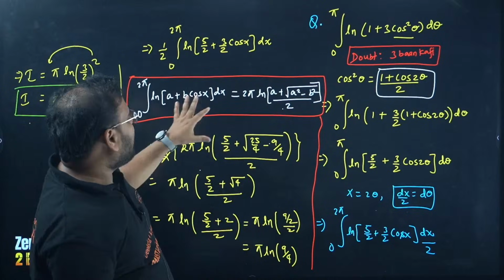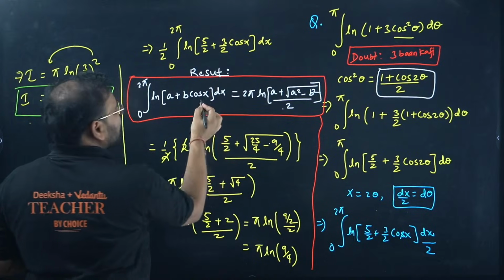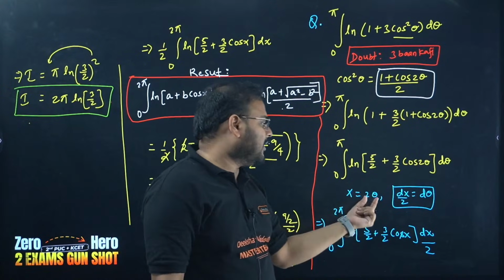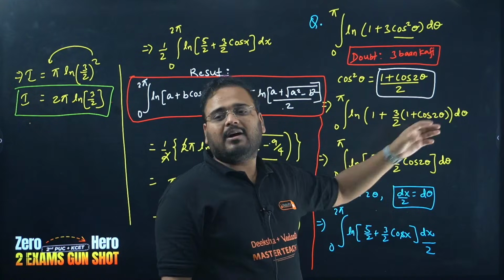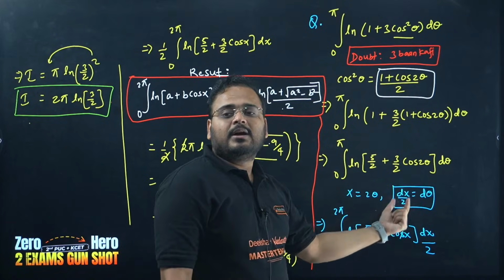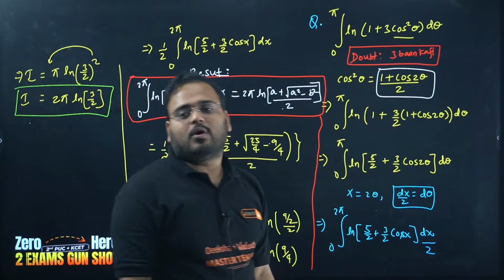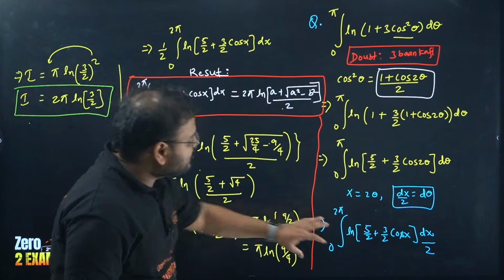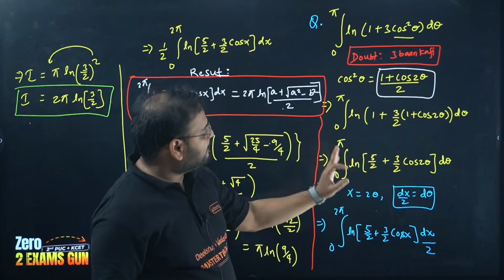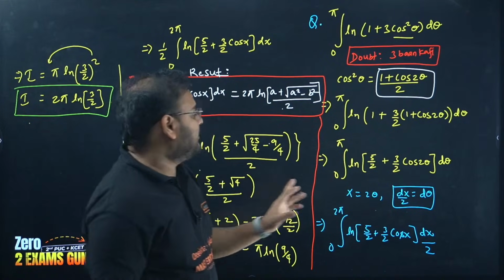Now, the expression that we have, this is your standard result that we use. That is there for x. We have 2 theta here. So I wrote this 2 theta in terms of x, taking x as 2 theta. Basically we have twice the component over here. I want it only in terms of a single variable. So I have taken x as 2 theta, and the derivative is dx by 2 equals d theta. Differentiate it: dx equals 2 d theta, I move this 2 to this side, so dx by 2 is d theta. Check. If you change the limits, when theta is 0, x is 0, and when theta is pi, x will be 2 pi, correct?